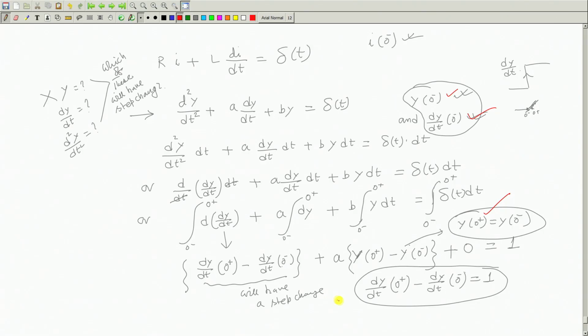So, I will calculate dy dt 0 plus, which will be equal to 1 plus dy dt 0 minus, this I will be able to calculate. And this is what will happen between t equal to 0 minus and 0 plus, these things will happen practically in no time. And for t greater than 0,